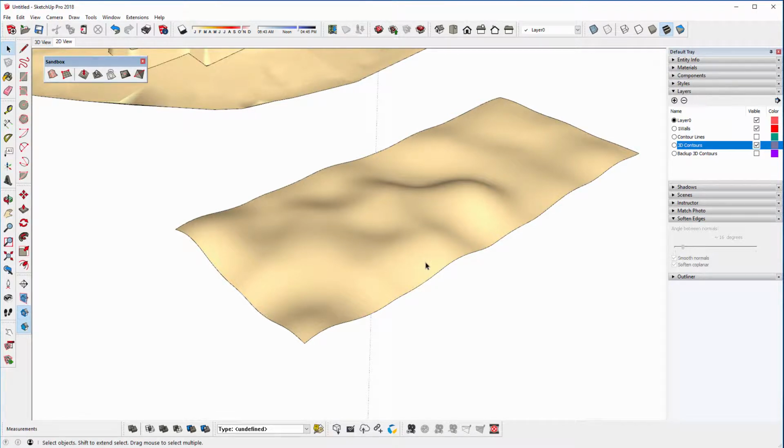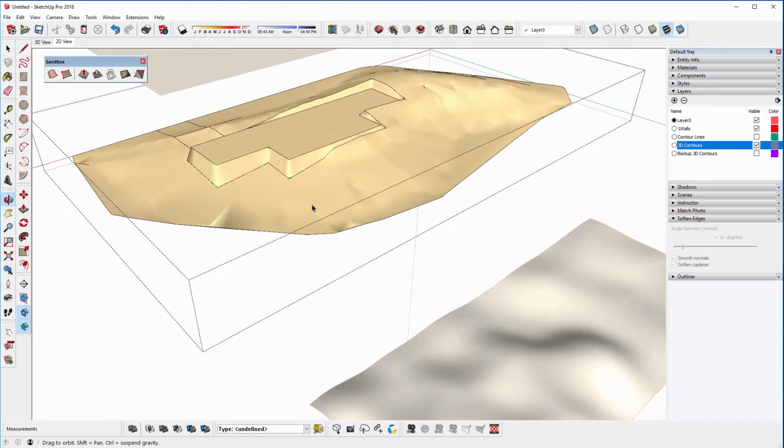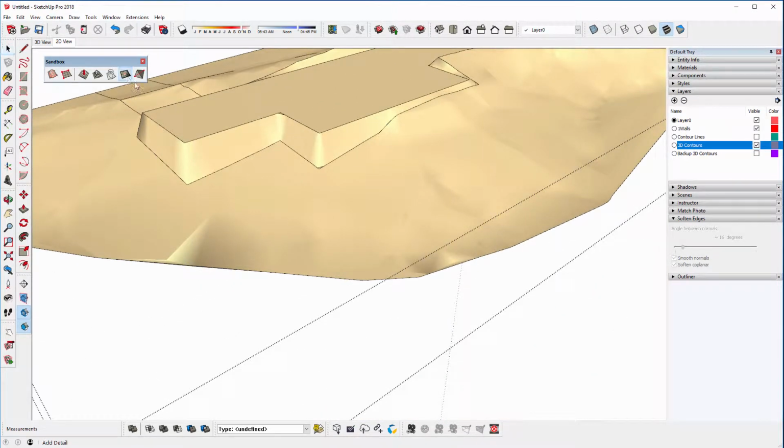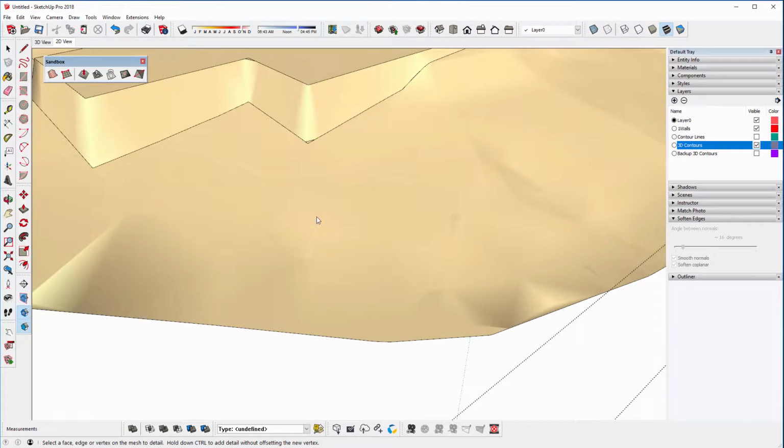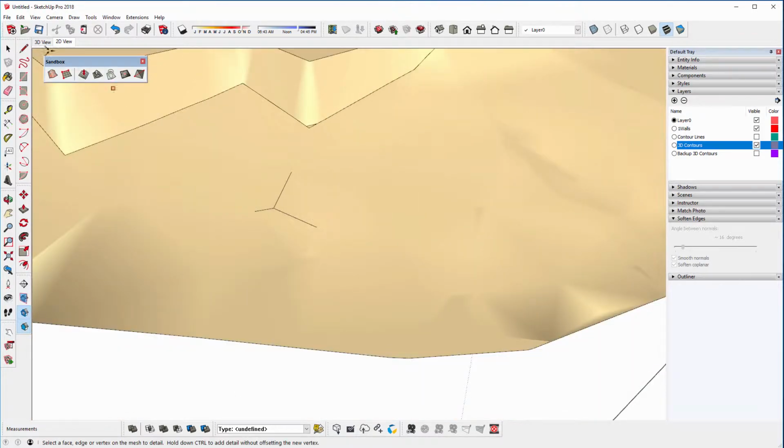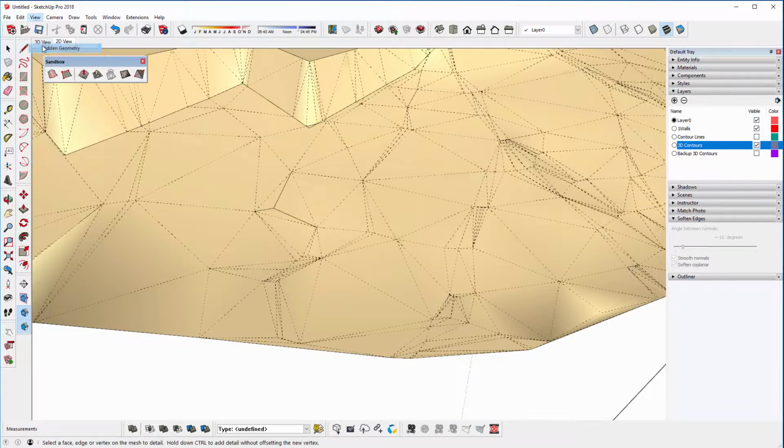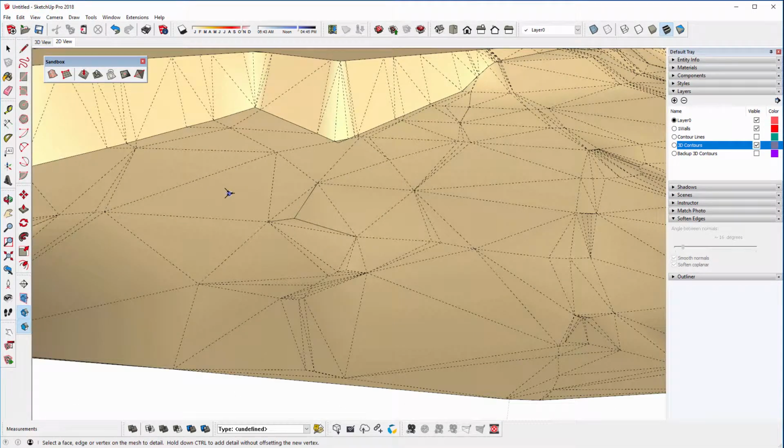So there's a couple more tools on the Sandbox toolbar that we could look at. We've got this one here called Add Detail. If I double click on a contour and I want to add some detail, it will just find the edges or endpoints of your triangles or contours, and you can just click and grab and pull up or pull down the triangles. So if we were to go to View, Hidden Geometry, you can see there's a surface there